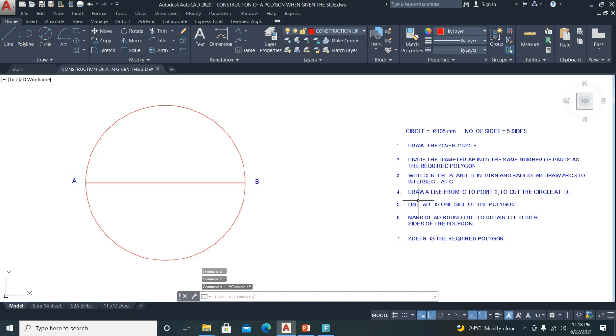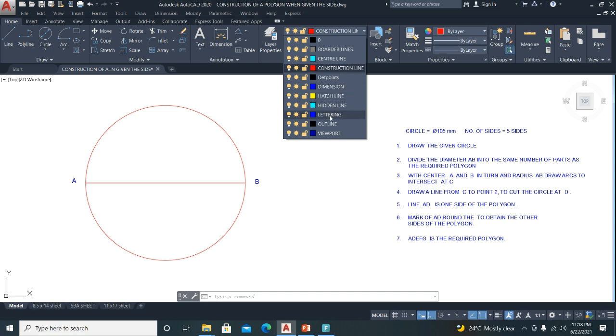Now, in order to divide this line, the diameter, we have to divide it into 5 parts. We're going to carry out the construction of dividing a line into a number of equal parts. In this case, it will be 5 parts. So how do you go about doing that? Just for highlight purpose, I will use the